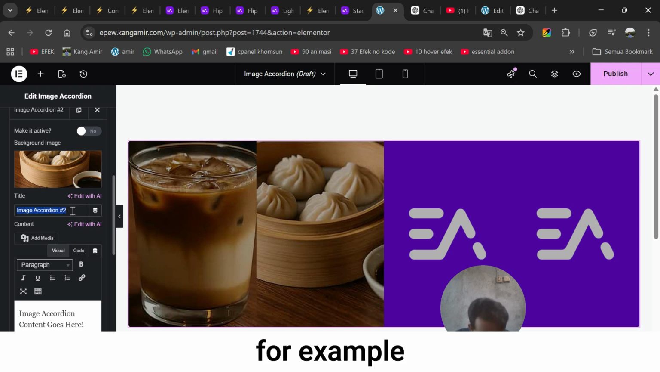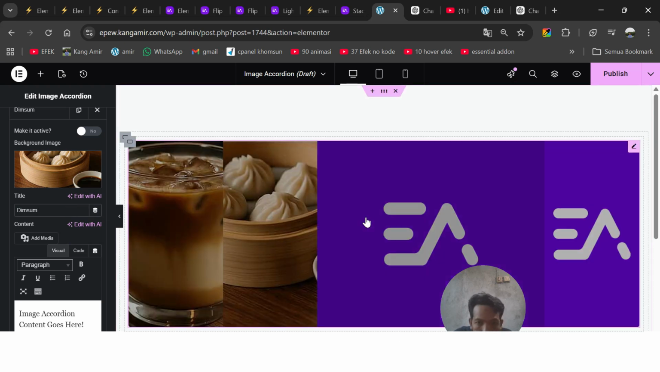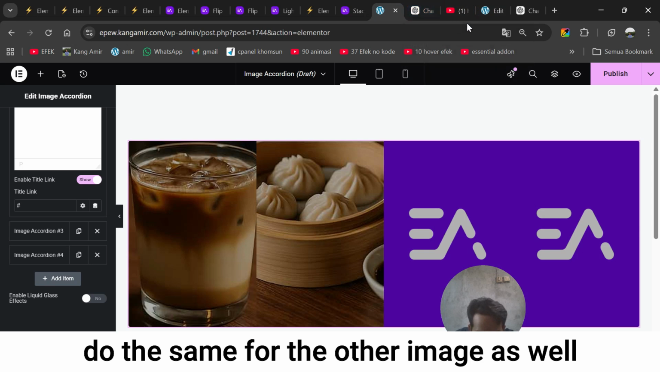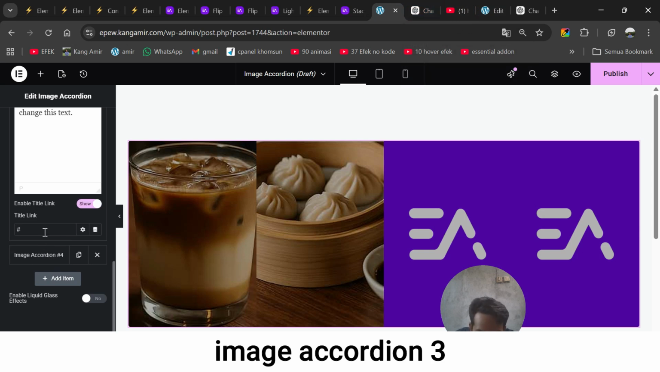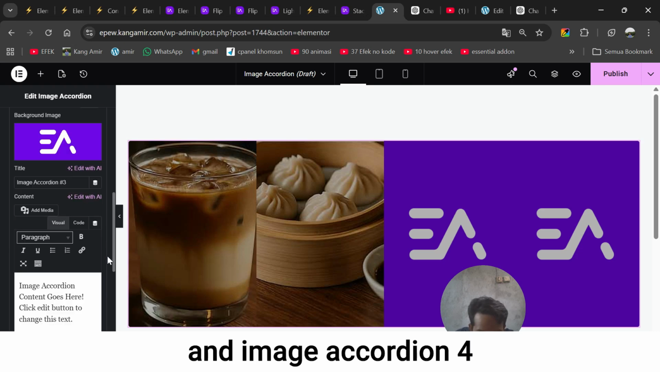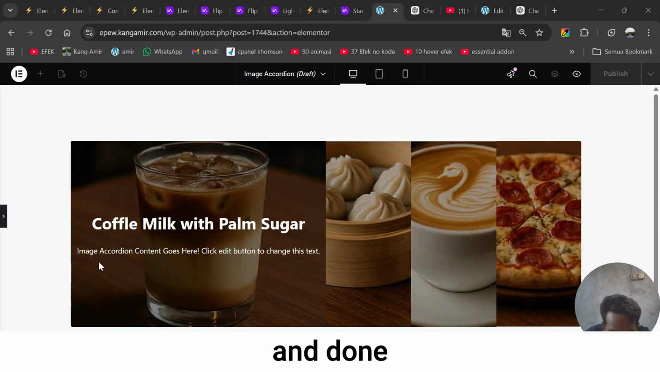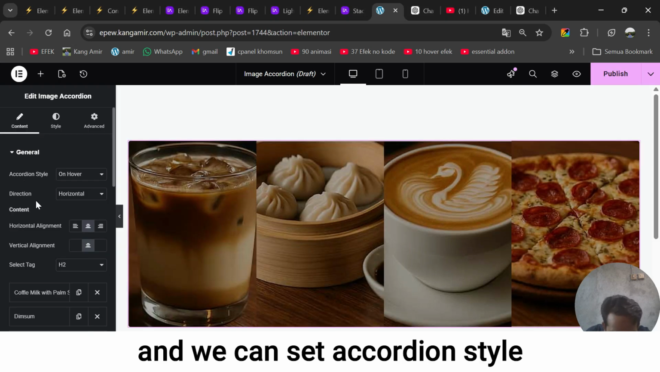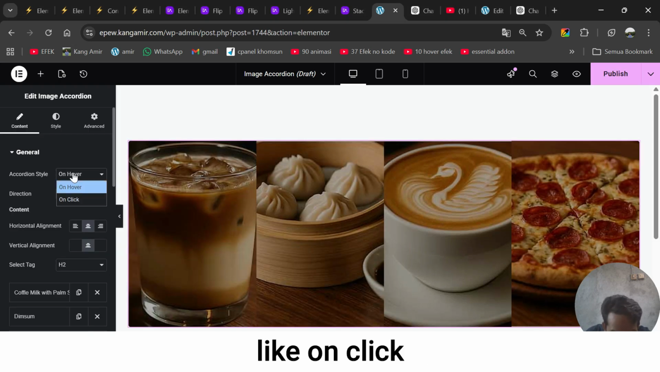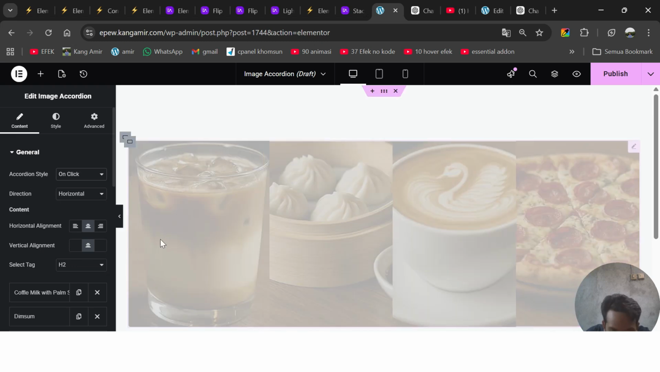For example, do the same for the other images as well, image accordion 3 and image accordion 4. And done. And we can set the accordion style like on click,